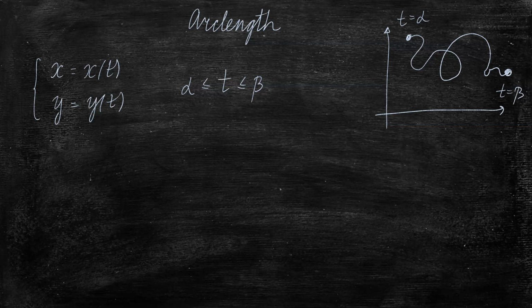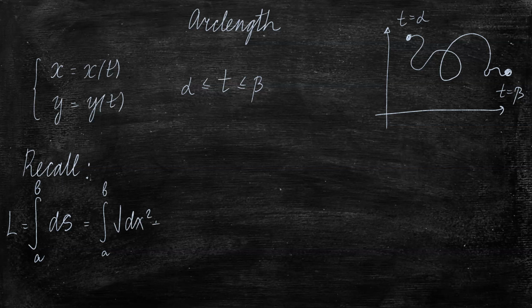In order for us to develop the formula, first of all, let's recall what we already have. When the curve is a function, y equals f of x, then the formula for the arc length was this. This is how we remembered this formula. And what does ds stand for? ds stands for the square root of dx squared plus dy squared. So symbolically,